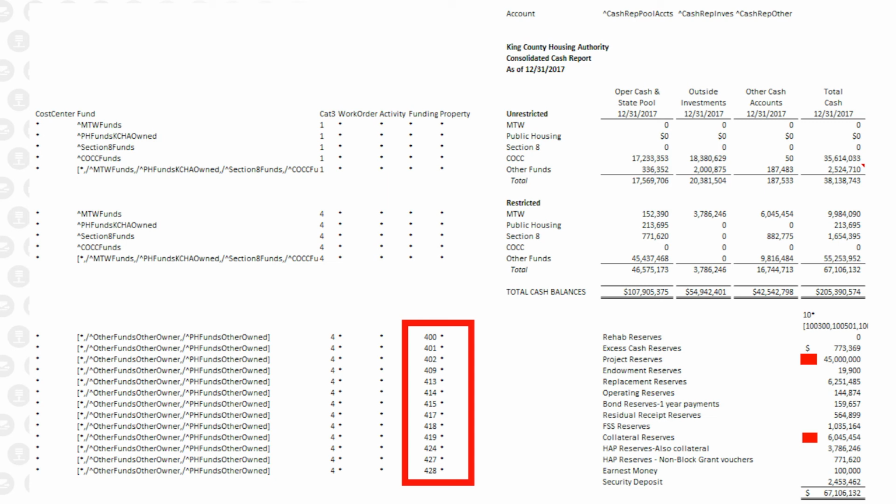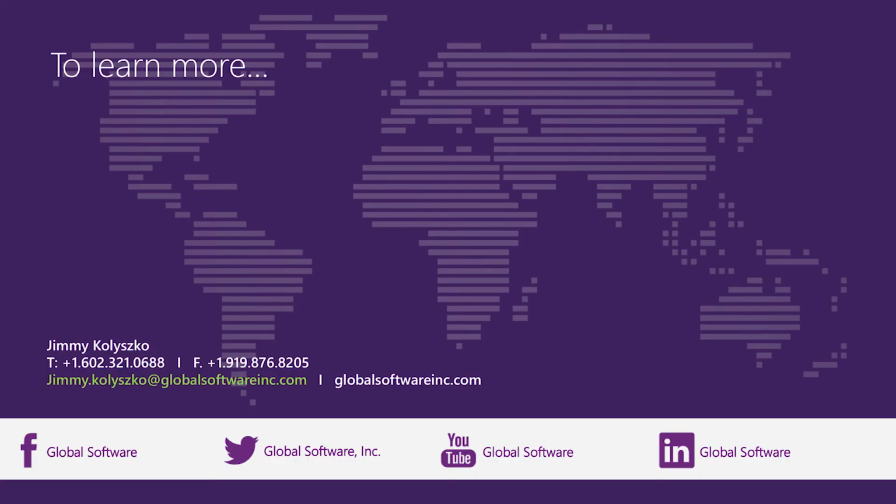Now there's a feature in Global Software where you can preset it up, and with the click of a button, it'll distribute all of these reports out to the various property managers for the properties they're responsible for. That has probably saved them more than 75%. It probably saves them 90% of the time it used to take. So that's really a very brief overview of how we are using it.